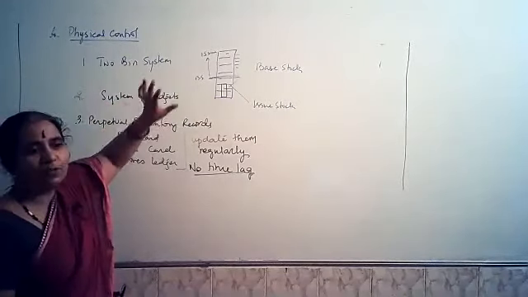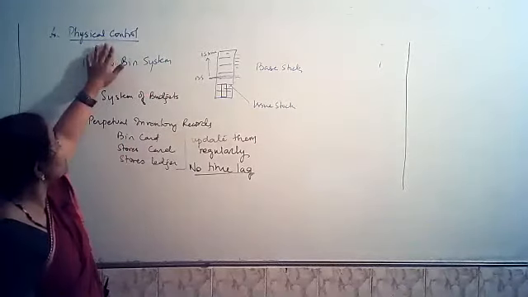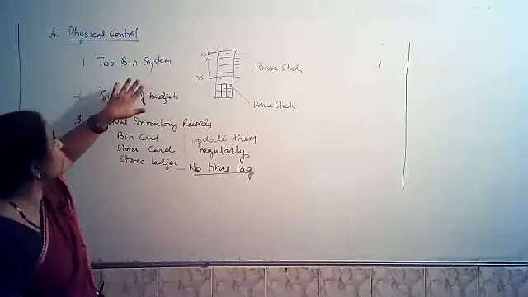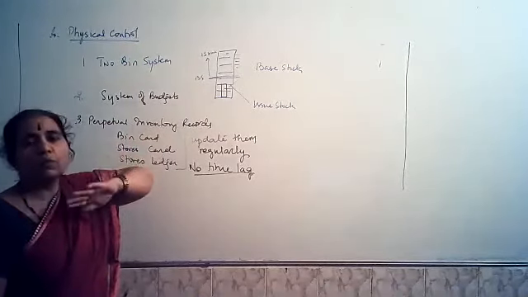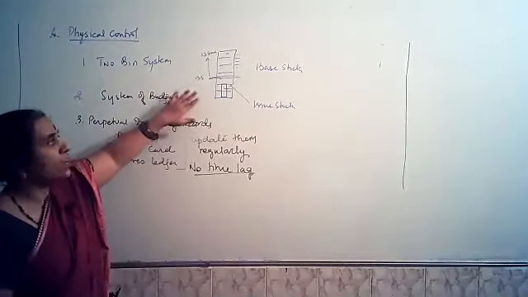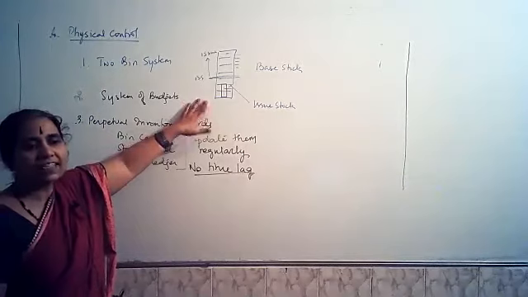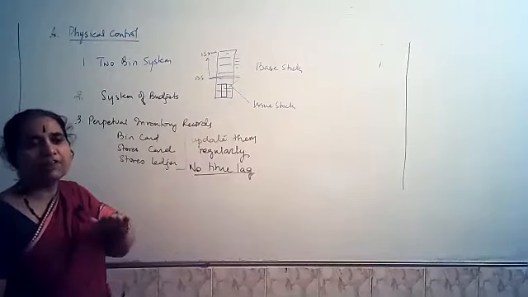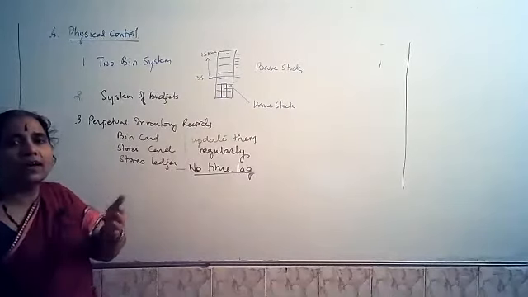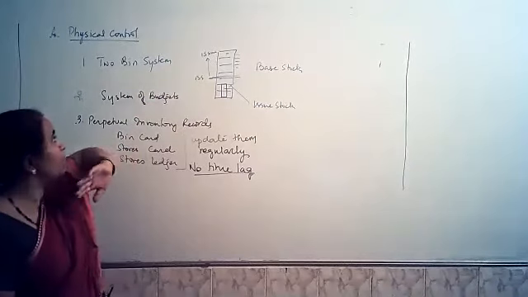We are looking into the theory part with respect to inventory control, that is physical control. I explained what a two-bin system is, wherein the same bin has two parts: one as a base stock and the second as issue stock, so that you can control the inventory as it is depleting. You get to know at what level it has come, and if you touch your base stock, you can reorder and get the stock back at the same level as before.